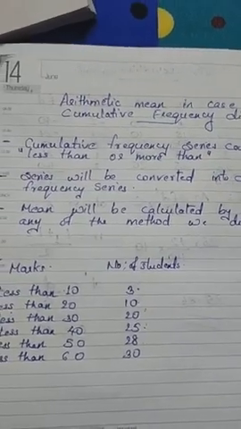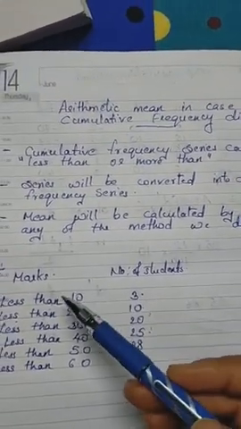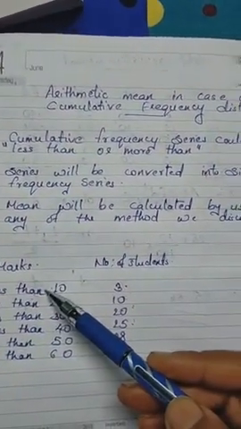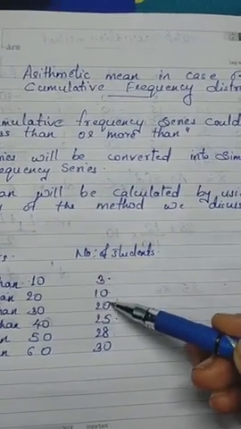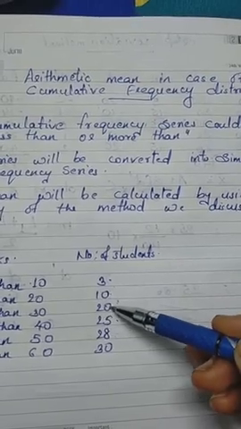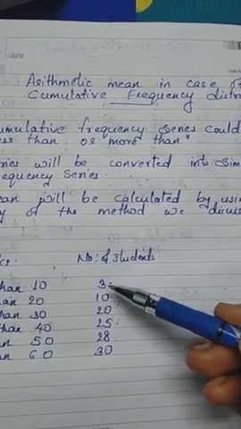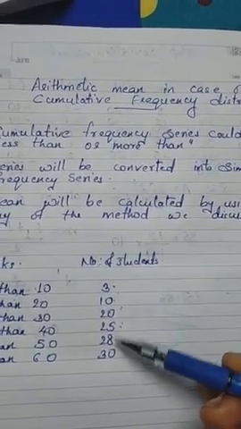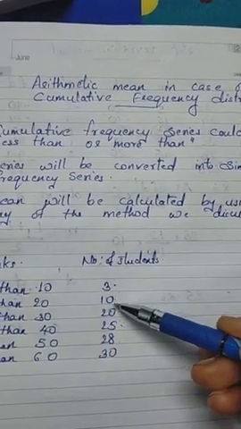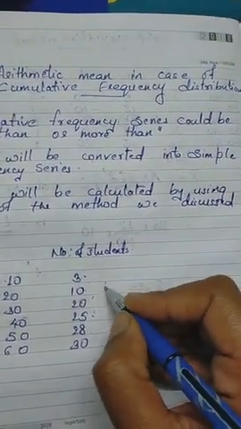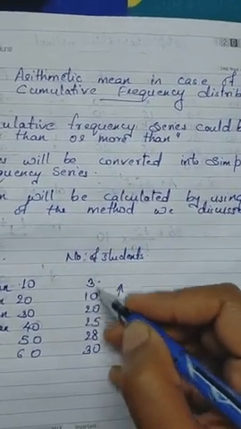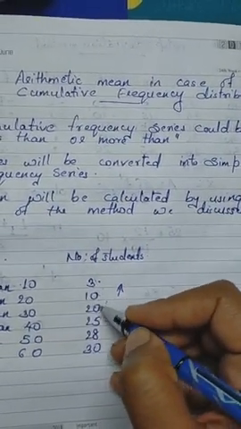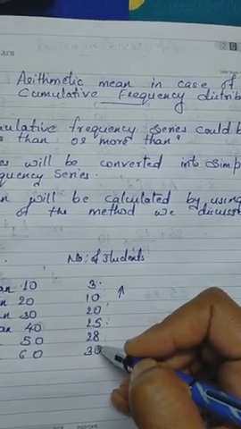Now one more thing you have to keep in your mind is that when you are doing this less than, you are just subtracting: 10 minus 3, then 20 minus 10, then 25 minus 20. You are doing it like this because it is given in increasing order, so you are going in the upward direction. You go to this side and subtract: 10 minus 3, 20 minus 10, 25 minus 20, 28 minus 25, in this way you are doing.